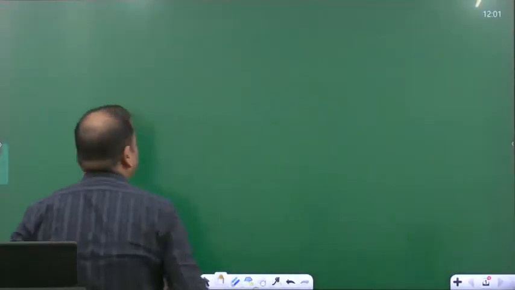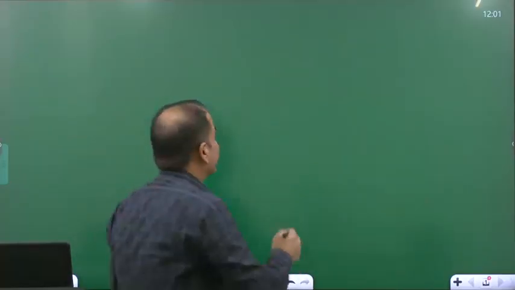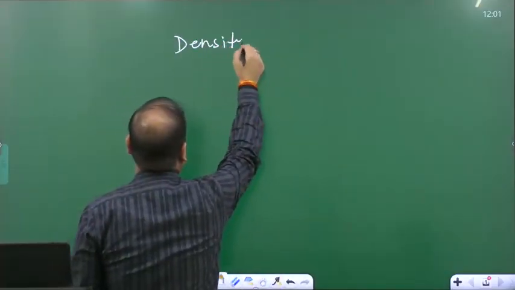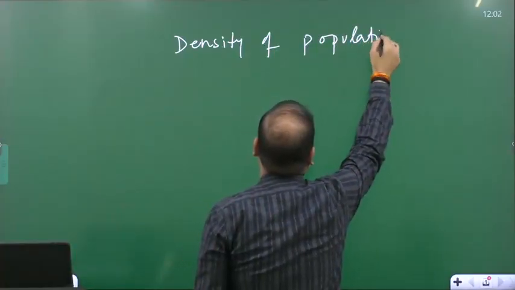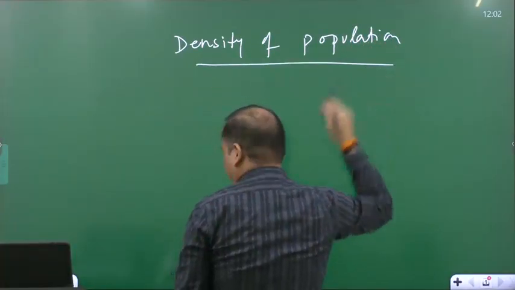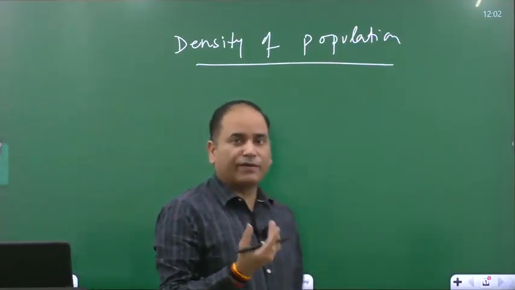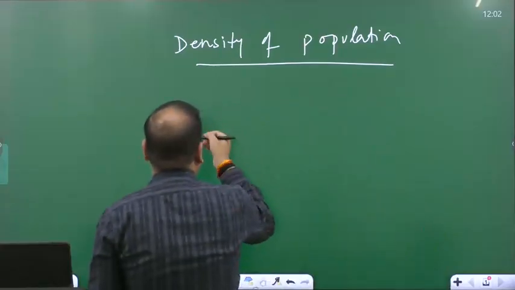So, in the last session we started the discussion of distribution and density of population. The distribution of population we have learned. Now we'll move to the next topic, that is density of population. Density of population, or simply population density, refers to an element where we are just interested in knowing